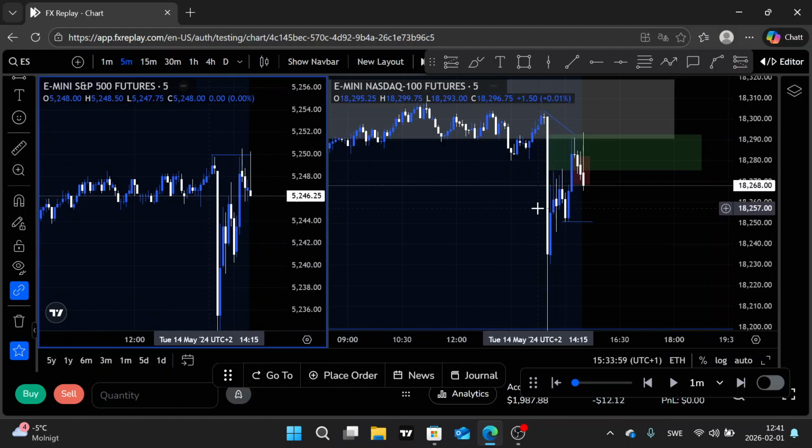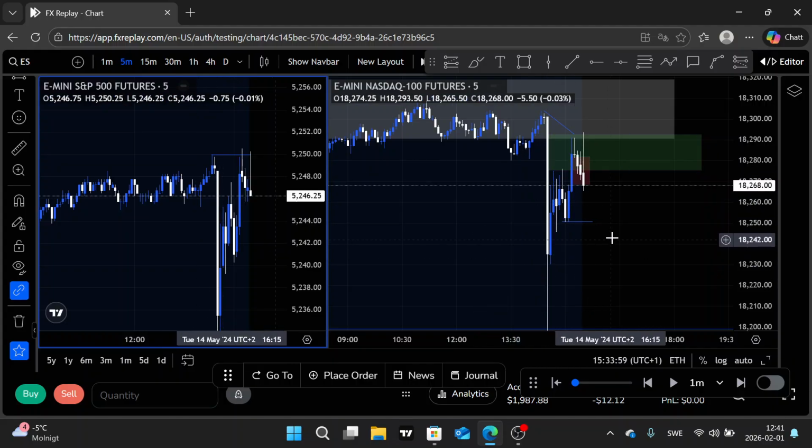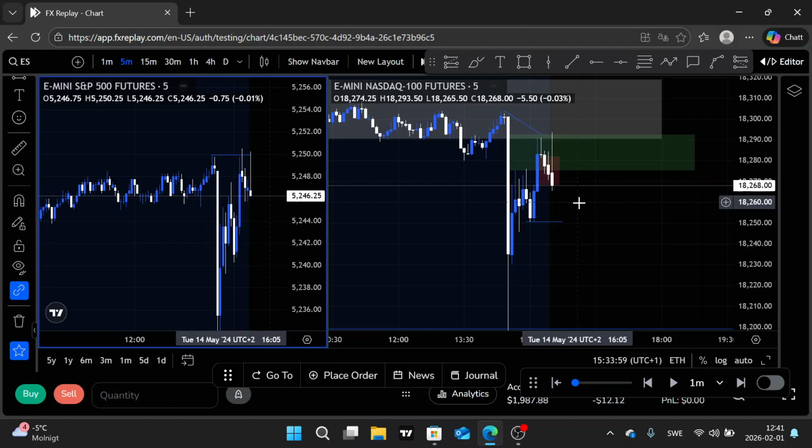I was watching a video earlier from my mentor. He used to say that once we have this huge candle, either upside or downside, it's very rarely that we inverse back all the way. So I don't want to take that as confirmation,